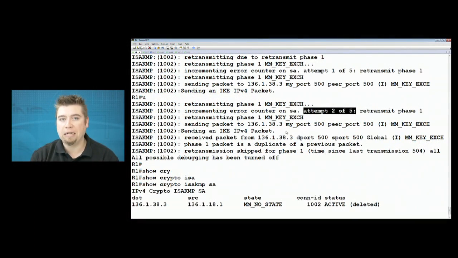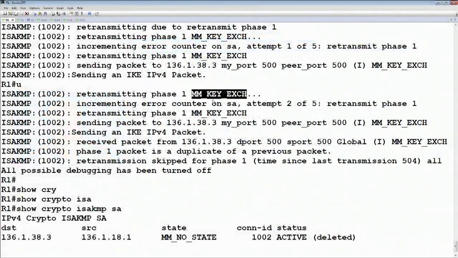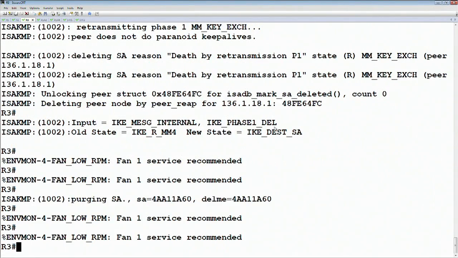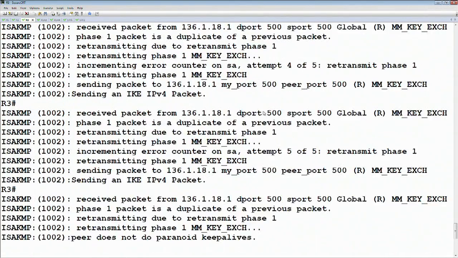You have to know exactly in the process where does the authentication happen, and if it has a problem, what do you not see and what do you see. So on the initiator here, it basically says we go into main mode key exchange and then we cannot proceed beyond this. Now the output will be a little bit different depending on if you're using pre-shared keys versus certificates. In the case of pre-shared keys, what you want to look at is on the receiver, and the receiver should have this output that says